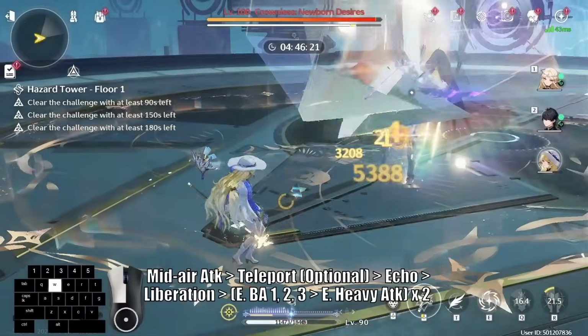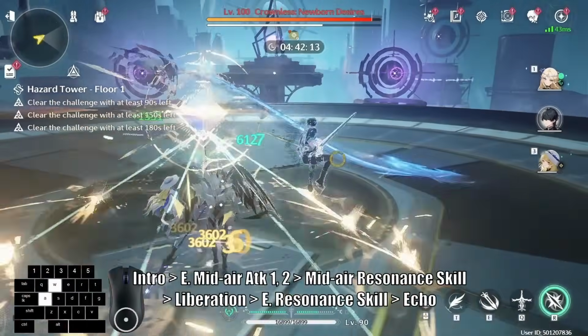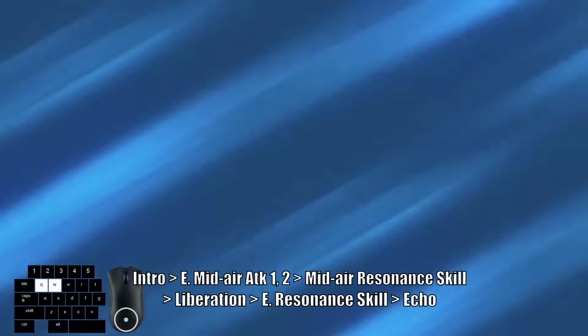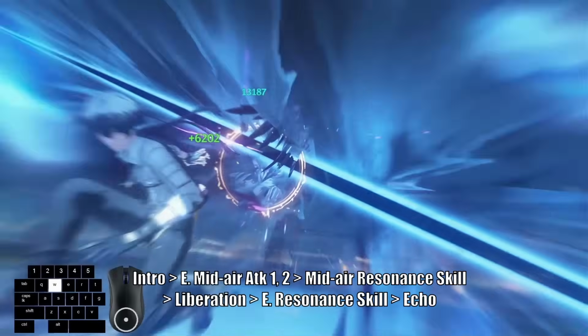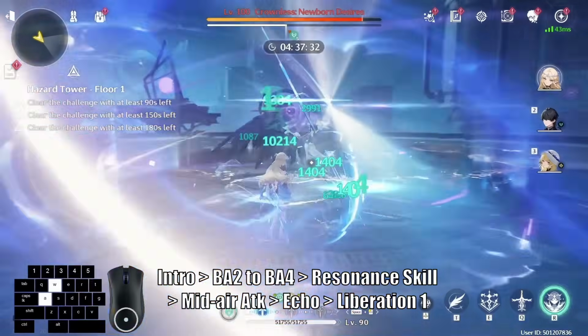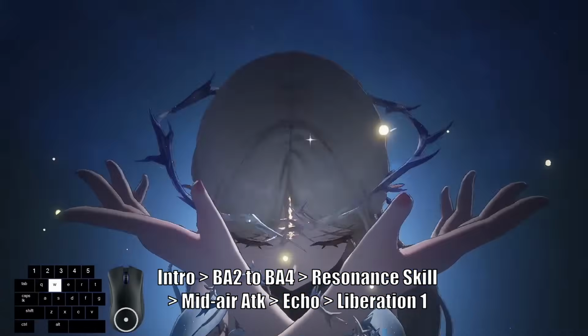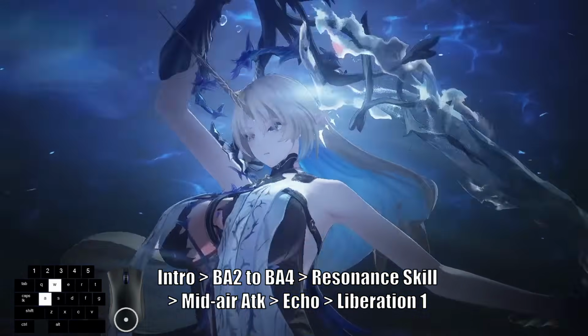Let's set up, let's apply a lot of spectral frazzle here, and then let's just convert it right here, and then convert right there, cancel with liberation, enhance resonance skill here, and then let's echo, and switch to Cartethyia, and then, you know, we just do her bread and butter here, mid-air attack, and then liberation part 1, and then